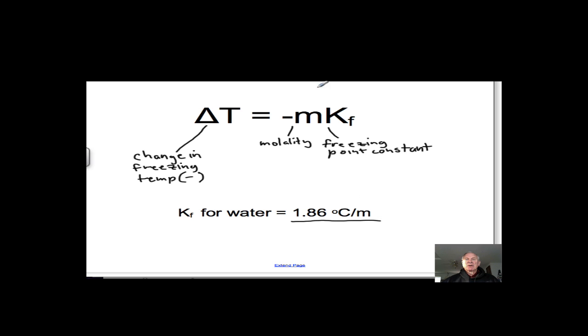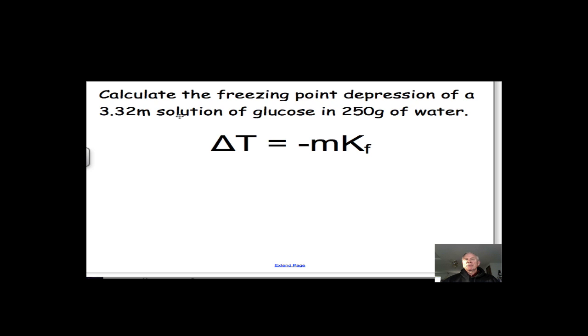So let's look at a sample problem here, just like we did with the boiling point. So our problem is to calculate the freezing point depression of a 3.32 molality solution of glucose in 250 kilograms of water. We've shortened this by already having the molality calculated for you. So our problem then would become delta T equals negative molality times the freezing point constant, 1.86